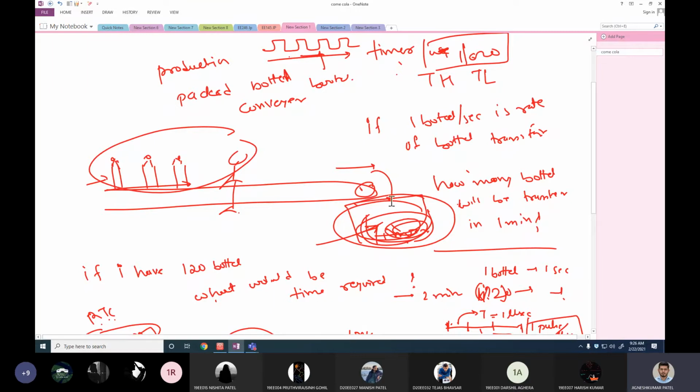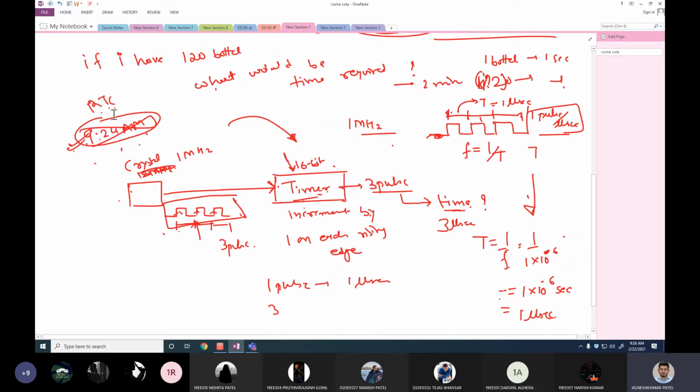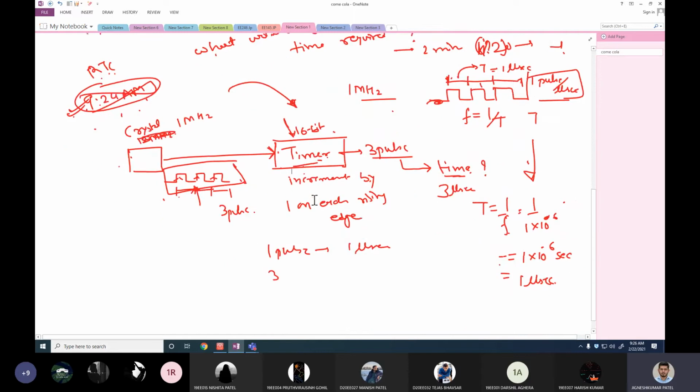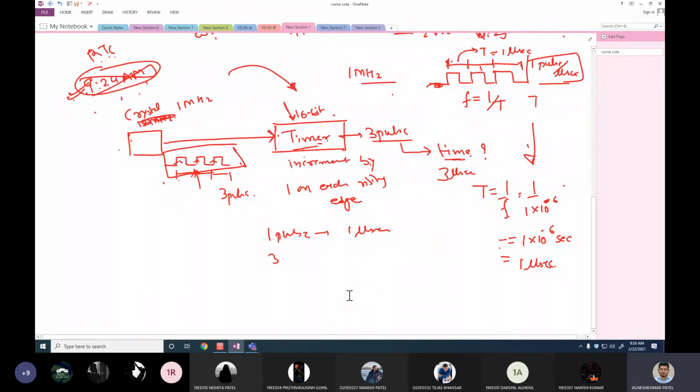Why? Because this is directly related to per second I accumulate one bottle. I know that. But at that time I am not aware of the real time. So I cannot calculate the real time based on the number of bottles incoming. For that you need a watch, or in this case you need an RTC. So this is not that timer. This timer just calculates times, from one moment to another moment, what is the time. So this timer can calculate times in microseconds or seconds or milliseconds. That's all related to each other. So this is that timer.